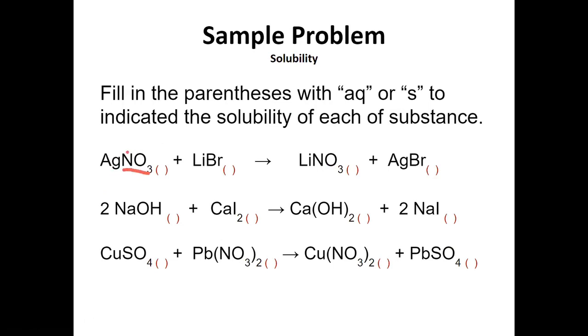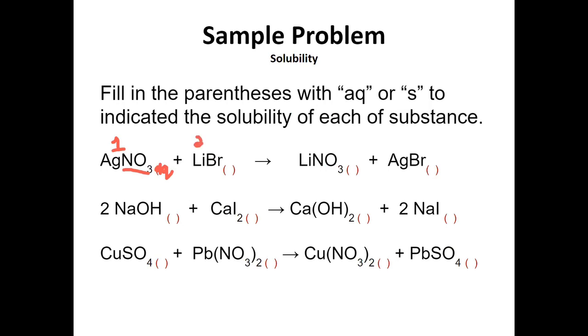First, I see NO3. And whenever I'm thinking of NO3, I'm thinking rule 1. So what I'm going to do notationally here, students, is I'm going to write the rule number that would apply. Sometimes more than one rule will apply. But in this case, NO3, that's the only rule, rule number 1. And at the very top of our list, any salt that contains nitrate ion is aqueous or is soluble. So I'm going to put that aq designation right after AgNO3. Next one,